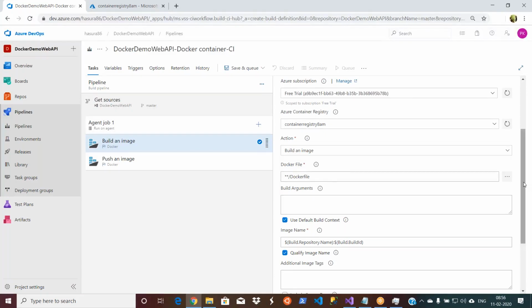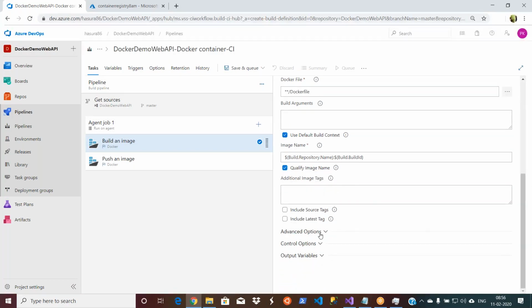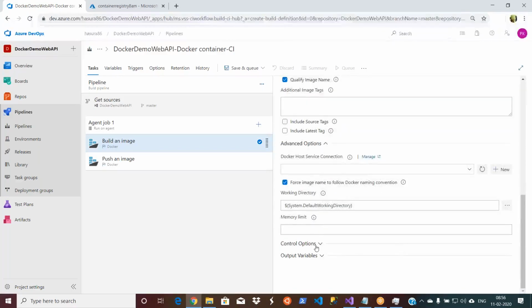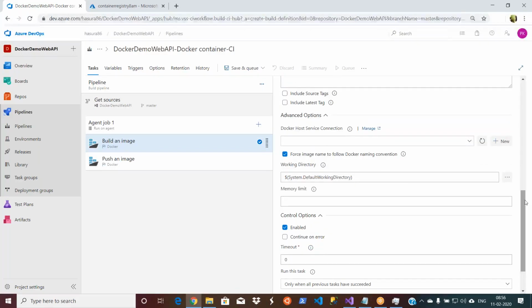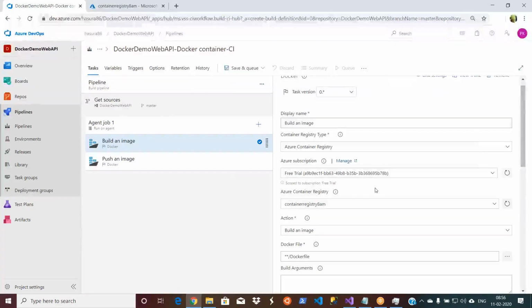You see now we have the args command in our PPT. If you keep any build argument, it will be passed to that args function. I'm not going to make any other changes here. I'm just expanding for your purpose. The important thing is to authorize your build task or build pipeline to connect to your container registry. First, let me save it.